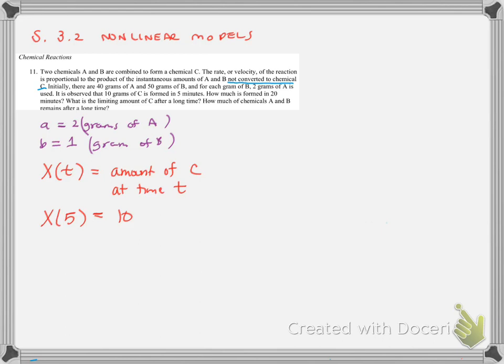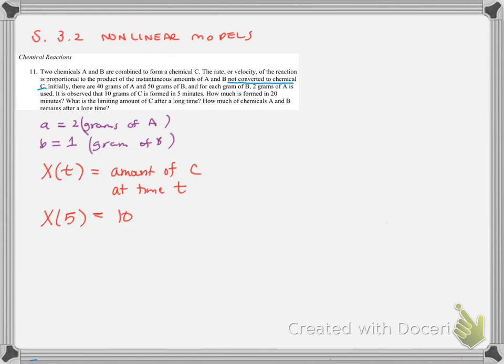Two chemicals A and B are combined to form a chemical C. The rate or velocity, okay, so that's our derivative of the reaction, is proportional to the product of the instantaneous amounts of A and B not converted to chemical C. Initially, there are 40 grams of A and 50 grams of B, and for each gram of B, 2 grams